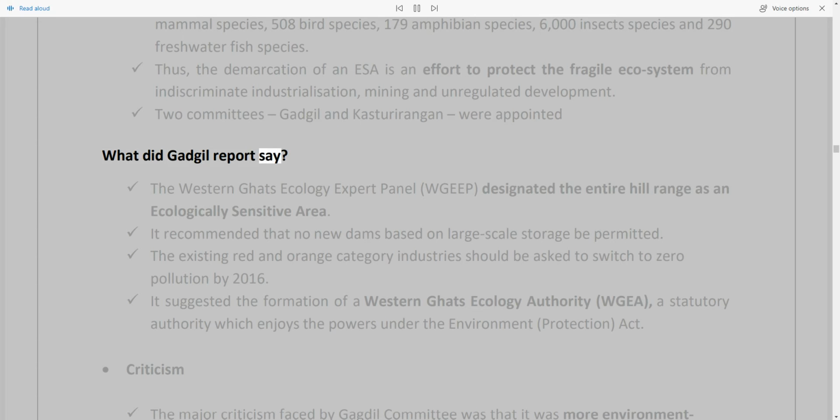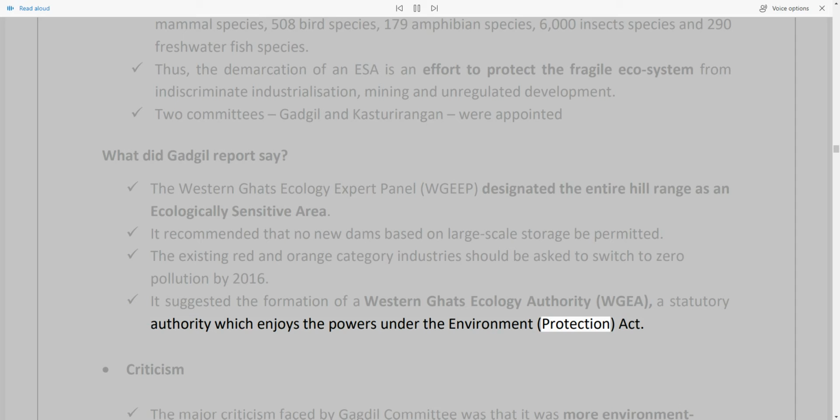What did Gadgil report say? The Western Ghats Ecology Expert Panel, WGEP, designated the entire hill range as an ecologically sensitive area. It recommended that no new dams based on large-scale storage be permitted. The existing red and orange category industries should be asked to switch to zero pollution by 2016. It suggested the formation of a Western Ghats Ecology Authority, WGA, a statutory authority which enjoys the powers under the